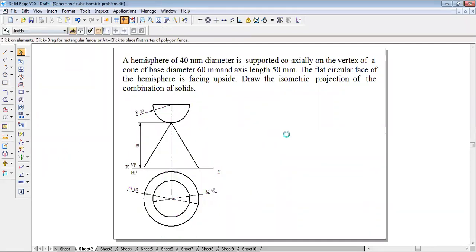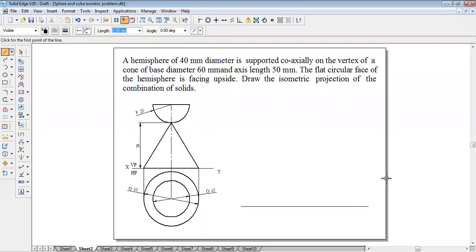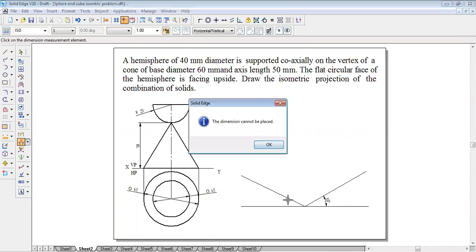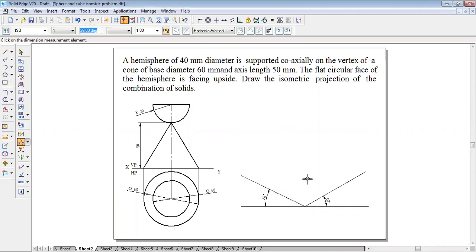Now I have to draw the same thing in the isometric view. Line command, I've taken 0.35. I've drawn one horizontal line. After that, I'll locate the midpoint. It's easy to locate. So I've taken the midpoint, and then I'll draw two lines on either side at some angles. Take the angle between command here, and then draw these two lines. I'll give an angle of 30 degrees. Click on the line, click on the other line, make it a 30-degree line on either side.